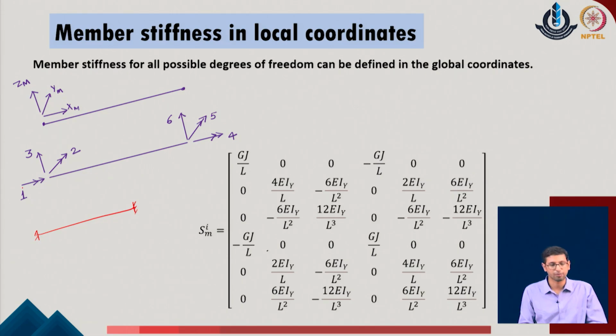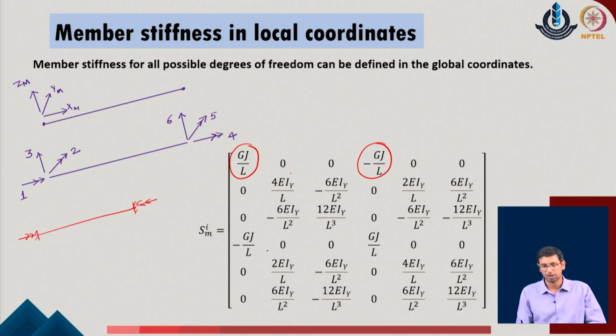As a first degree of freedom, I just apply the twisting component over here, which means that some amount of twist will be given to this member. Corresponding to that, the force which is generated is GJ upon L in one direction, and in the opposite direction, at the second node, it will be minus GJ upon L. While we are providing the twisting in the given system, only the twisting moment will be generated. The other flexural and transverse deflections will not be available in the given system. So that is why the remaining components are 0 for the given problem.